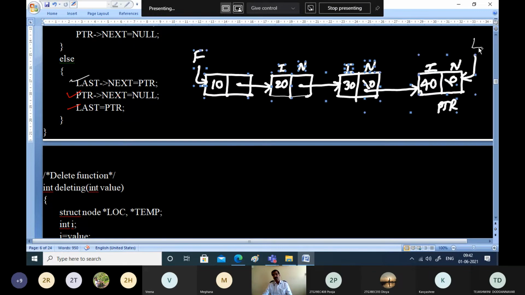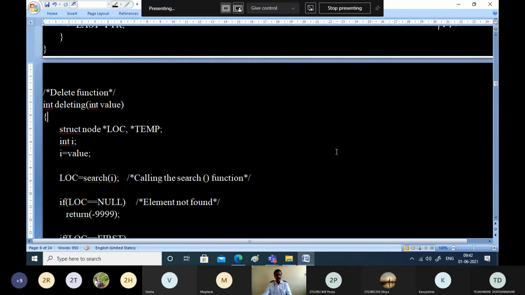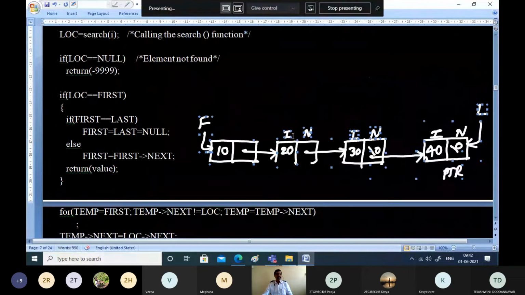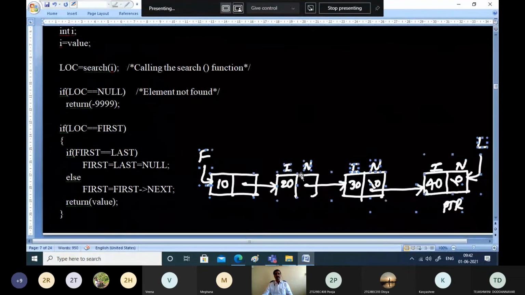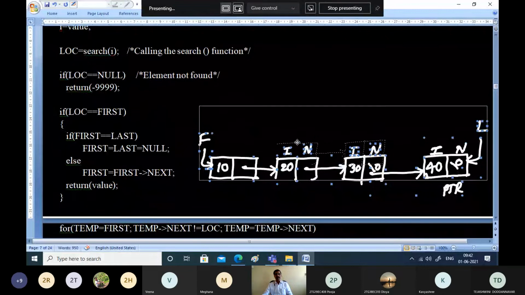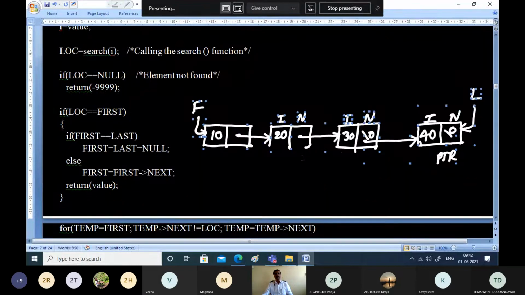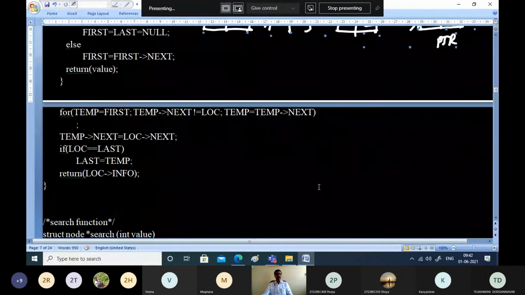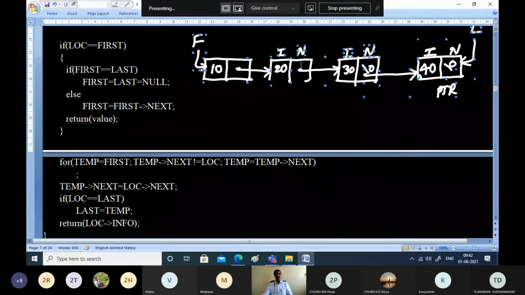Whenever you are deleting an element, you have to consider again the same issues. What are the issues? Whether there are nodes in the linked list or not. Because if there are no nodes present in a linked list, then we cannot delete the elements from the linked list.